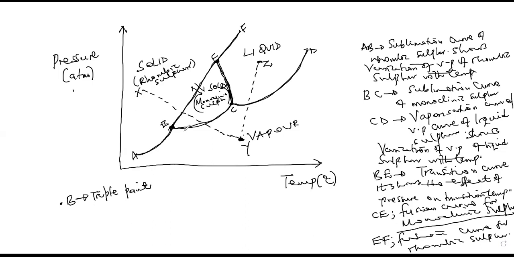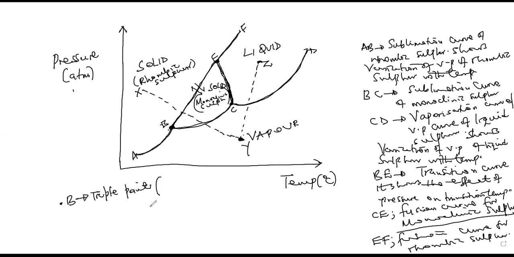So this point B brings all these three in equilibrium: rhombic, monoclinic, and then the vapor. So point B, the triple point,